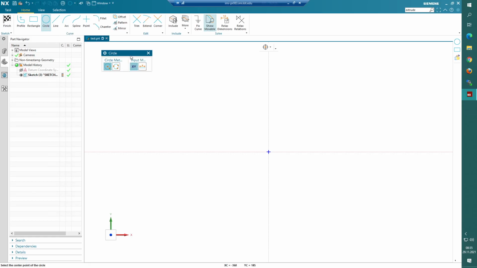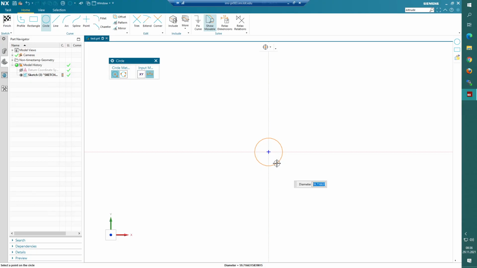If you see this little window open, so we know we are now in the circle function, and I can choose, if I use this by center and diameter, the center point which I want to lay on the sketch origin. So I'm clicking right here on the sketch origin, and then I'm dragging the diameter